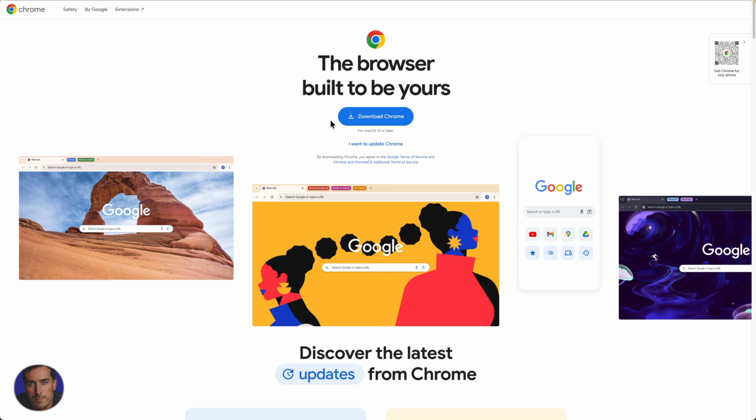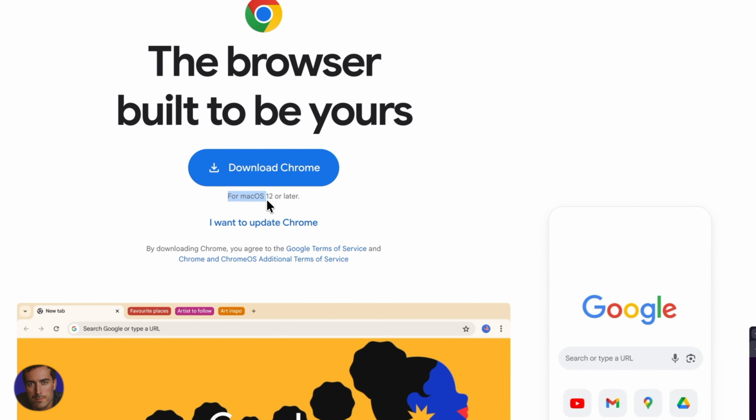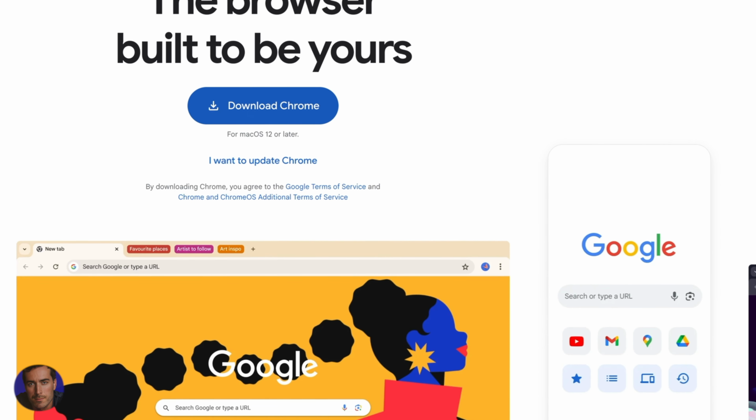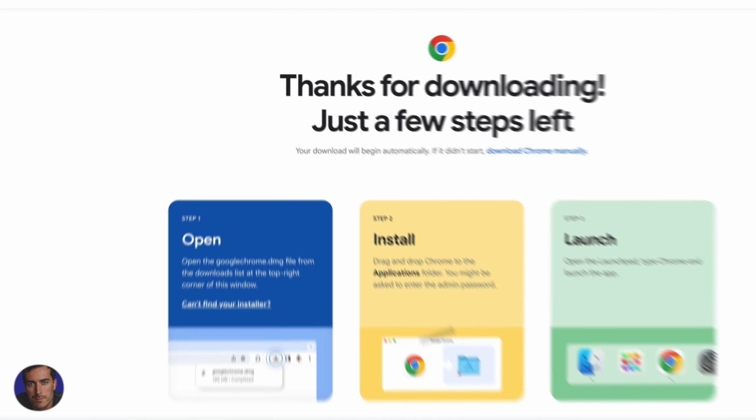So Google Chrome, the popular web browser, you can just click on this button right here. It will know what version, what operating system even you're on. It knows that I'm on Mac OS, which is correct. So if you're on Windows, this button will be for the Windows version. But I'm on a Mac, so I'm going to click right here, and just like that, we come to this